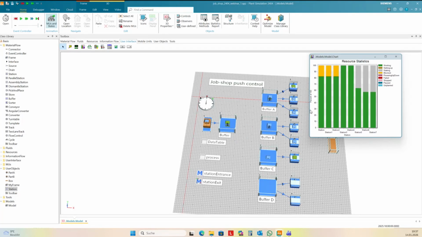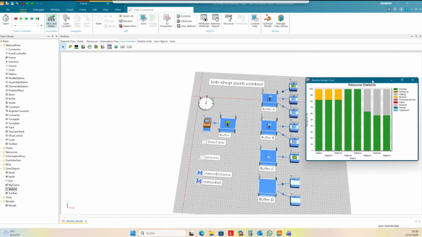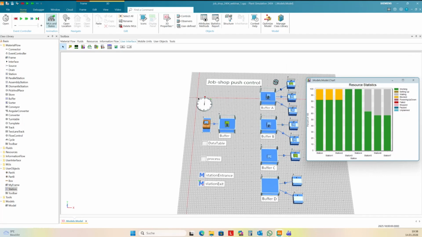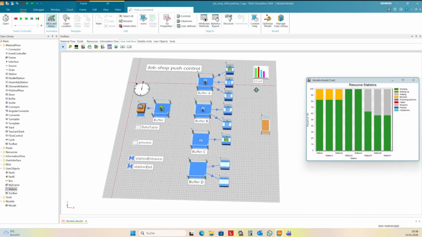And this is one of the important insights you get from such a simulation.